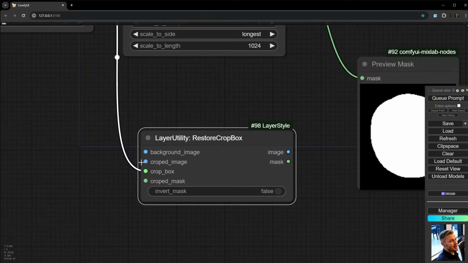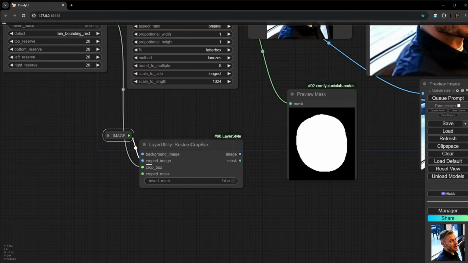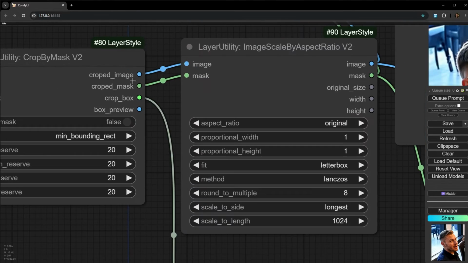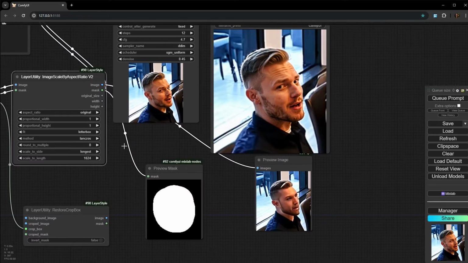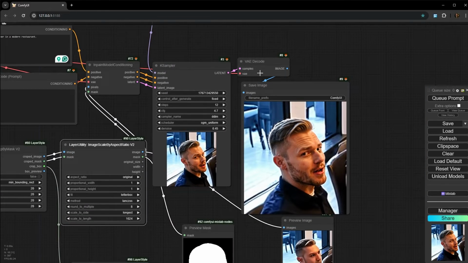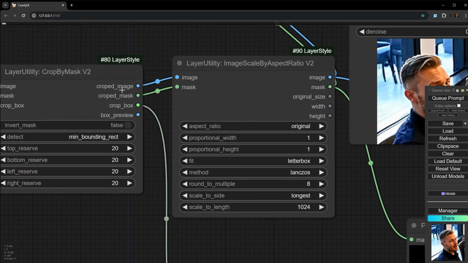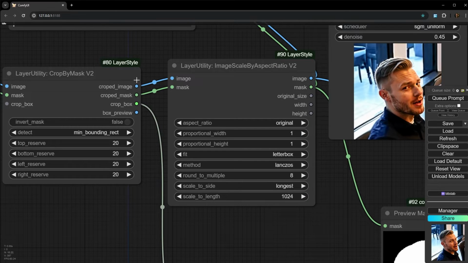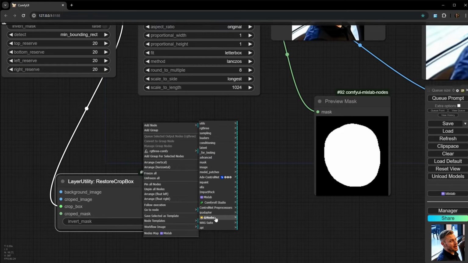But it needs some image, the cropped image, and the cropped image should be exactly with the same size that we sent the image to image scale by ratio. So I have to find a way for downscaling the output with same dimension as it go out from this node. So here I have to use another node